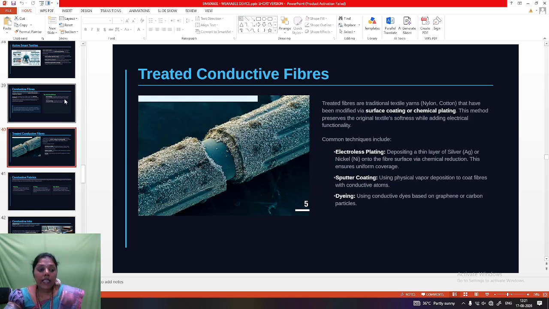Next, treated conductive fiber. Treated conductive fibers are traditional textile yarns, such as nylon and cotton, that have been modified by surface coating and chemical plating. These methods preserve the original textile softness while adding electrical functionality. Common techniques include